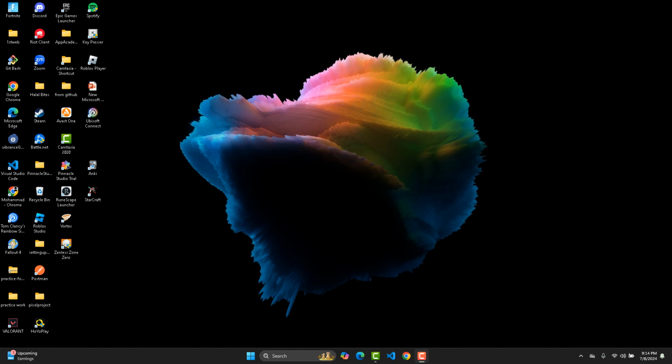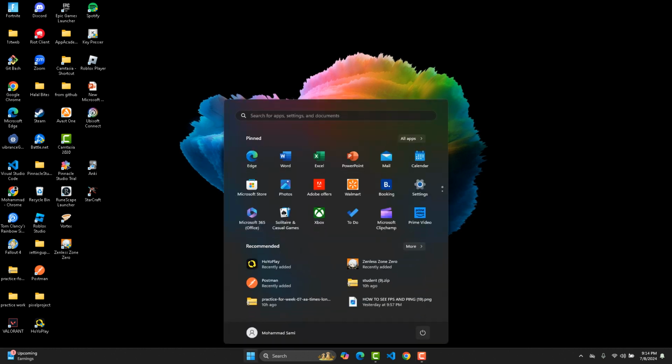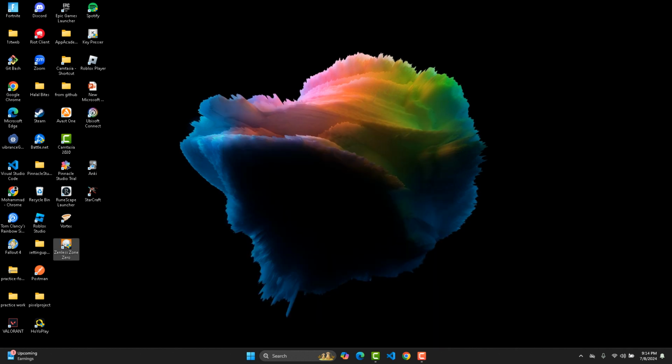So the first thing you guys can do is just go ahead and restart your PC. Make sure you know everything. Just go ahead and restart your PC because you can always try that and that will most likely always work. And if that does not work, the second method you guys can try doing is to simply find Xdefiant